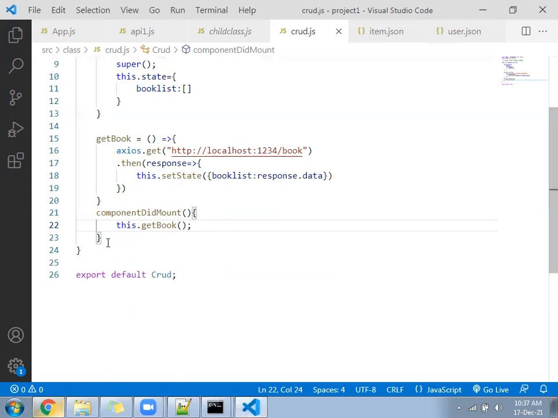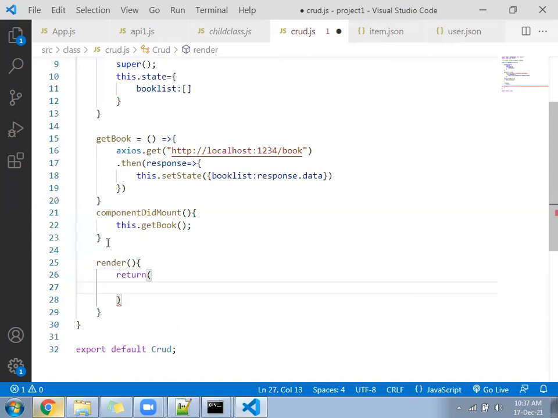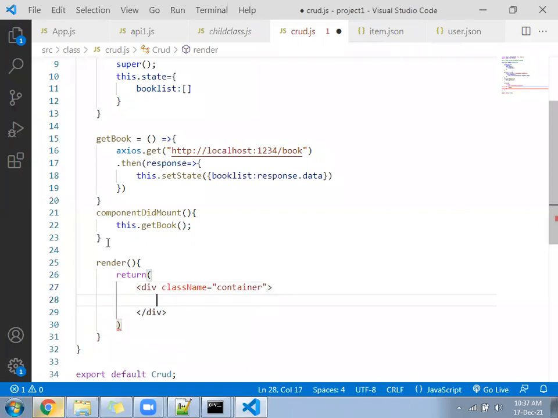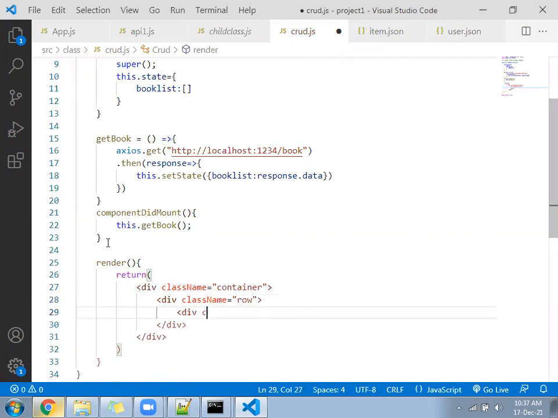Now after that, we write below the render function. Inside the render function, return a division with className equal to container, a division with className equal to row, and a division with className equal to col-lg-12.